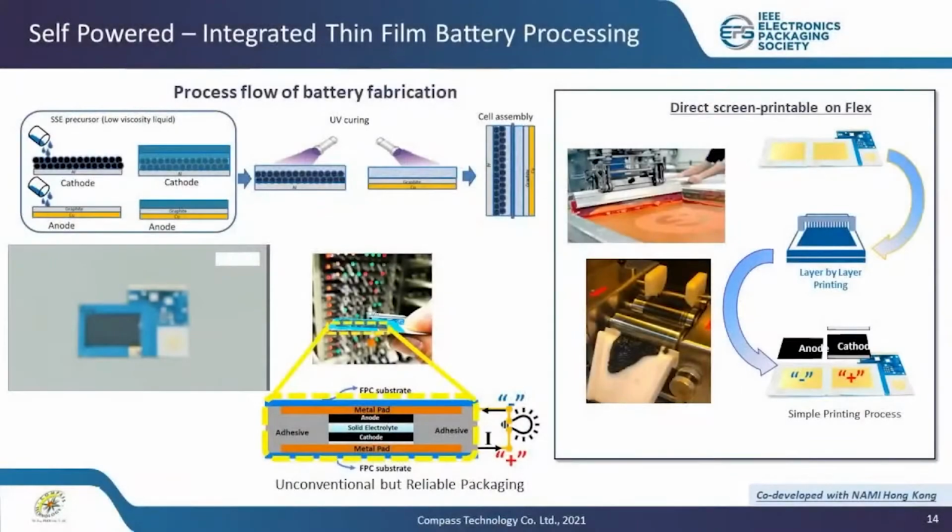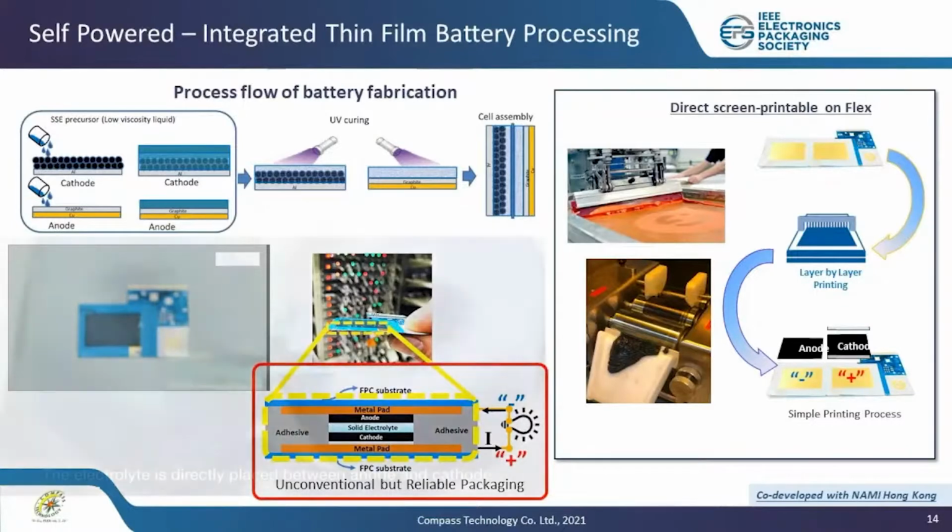Here I would like to show you a high-level process flow of integrated battery fabrication, which consists of the flexible circuit, battery material preparations, multiple parts of printing the electrodes, as well as the cell assembly process. The viscosity of the electrode materials is formulated to be screen printable, making it cost-effective. As shown in the diagram, we can see the integrated battery is below 150 micrometers, which is still flexible enough and can be rechargeable. As we can see from the videos,